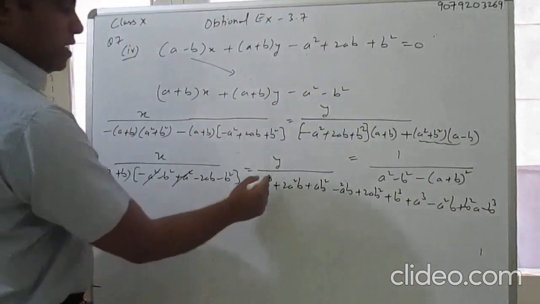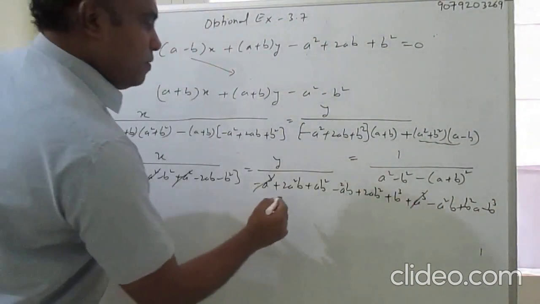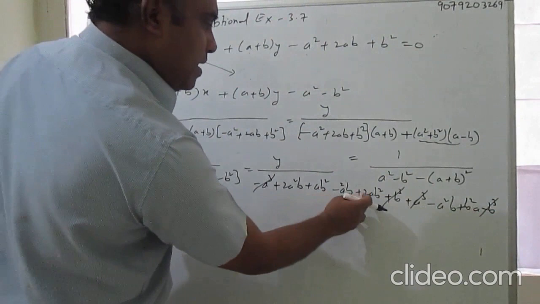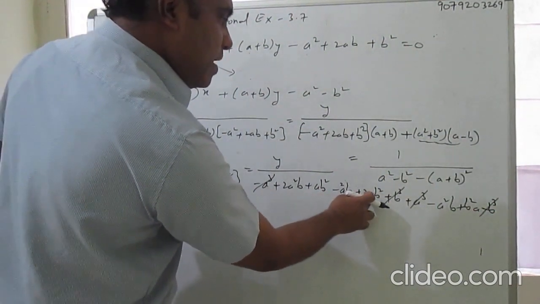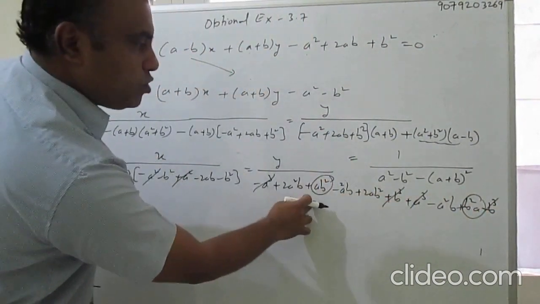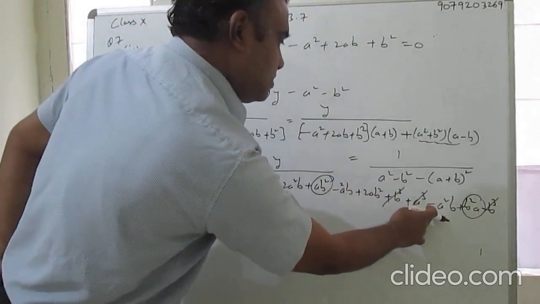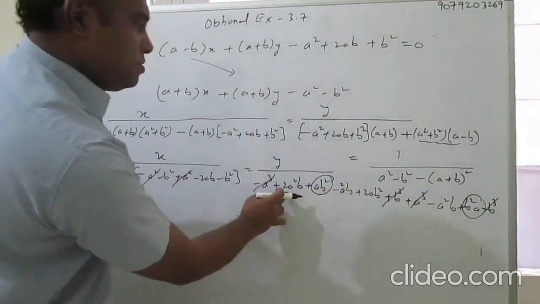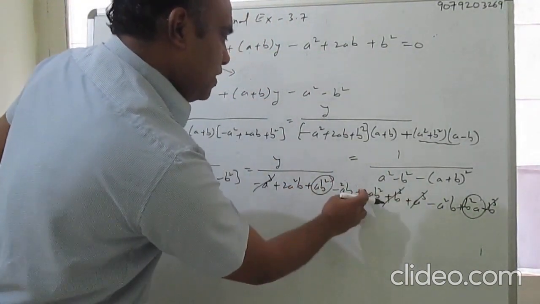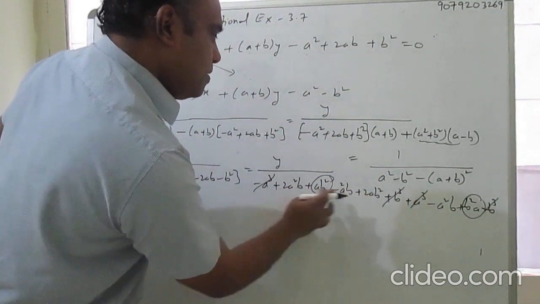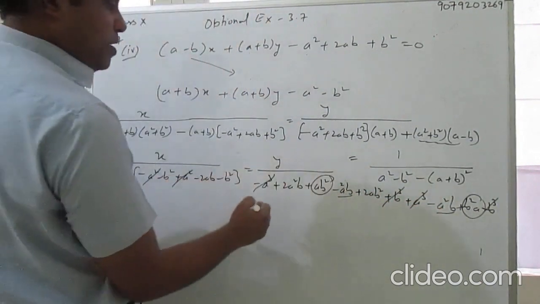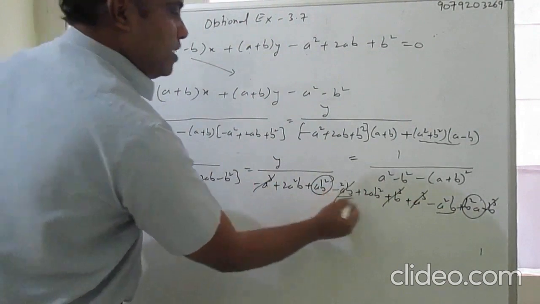Now you can see here a cube cancelled out, b cube cancelled out. Now ab square and 2ab square and ab square. So this and this is 2ab square plus, and this is minus and this is plus ab square and plus ab square. So it is 4ab square, 2a square b minus a square b and minus. See here, this and this minus minus is plus, minus 2a square b.